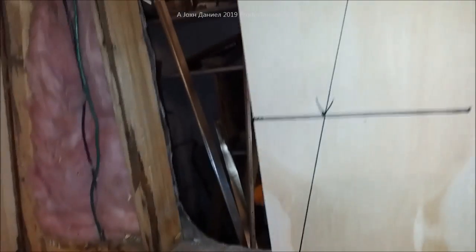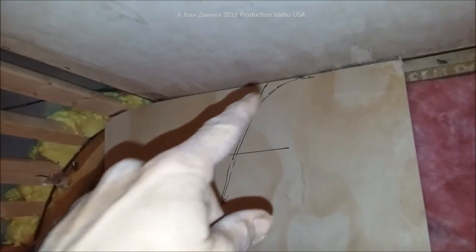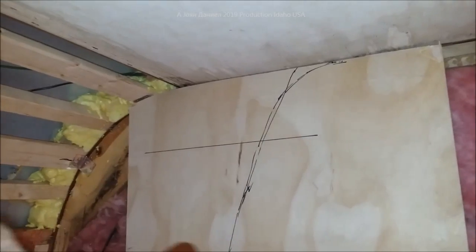All right, now the points have been connected, and you can see how well they came out. Look how they hit. Absolutely right on the money and very straight. So I just kind of free-handed that up there. So I'm going to run that a little bit with a jigsaw so I can get it as close as